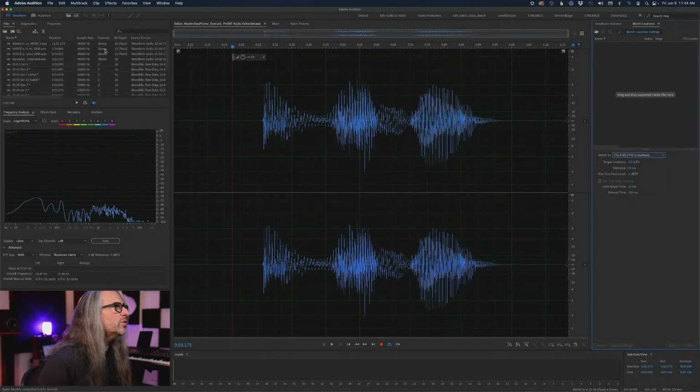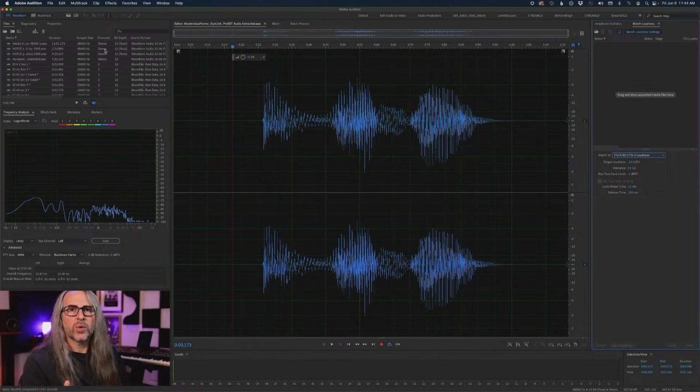So how do you do that effectively? Well, here's the question that I get asked a lot. I got asked this on Reddit not long ago too, and I answered them. I need to get my audio to exactly minus 16 LUFS. How do I do that? Well, the question is not exactly correct, because you can't be exactly minus 16 LUFS.